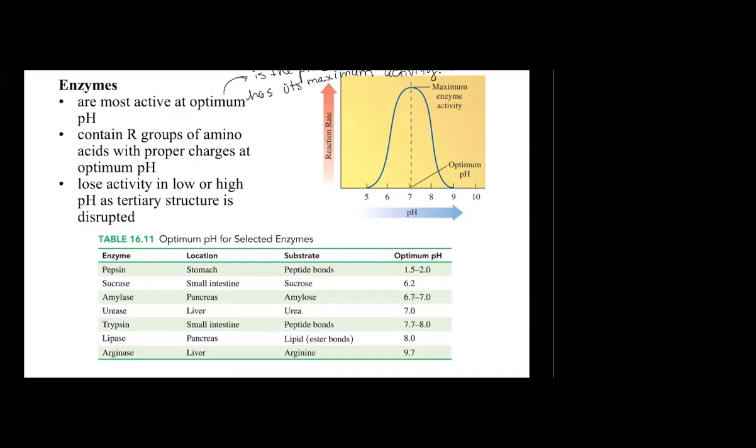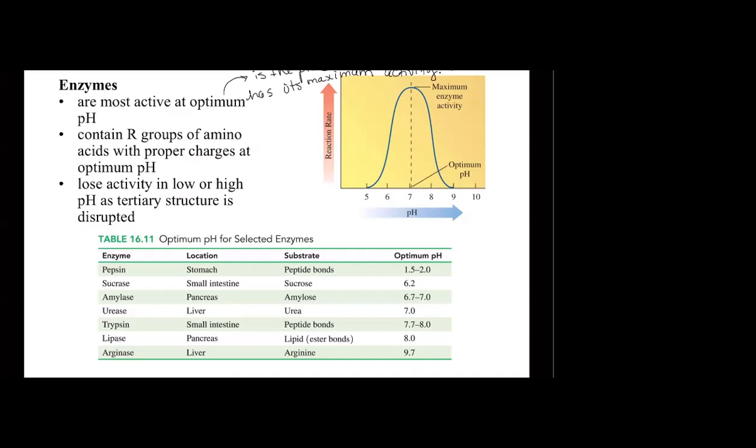Now, let's look at, for example, amylase. Amylase is an enzyme that lives in the pancreas. Amylase is an enzyme that hydrolyzes amylose, okay? And remember that amylose is one of those two polysaccharides that exist in starch. So when this amylose has been hydrolyzed by amylase, we can see that the optimum pH for amylase is between 6.7 and 7.0. So it's from neutral conditions to slightly acidic.